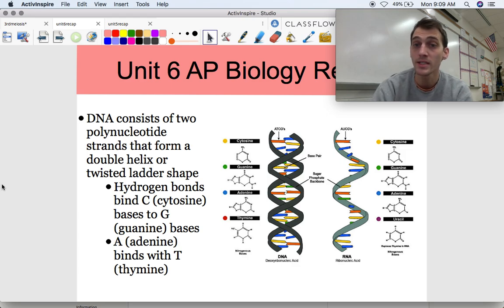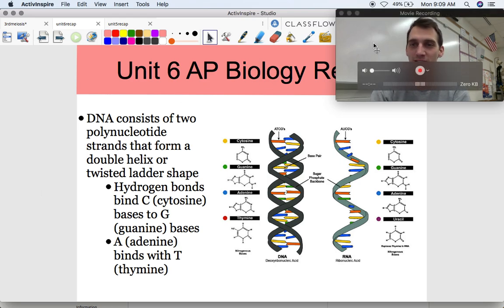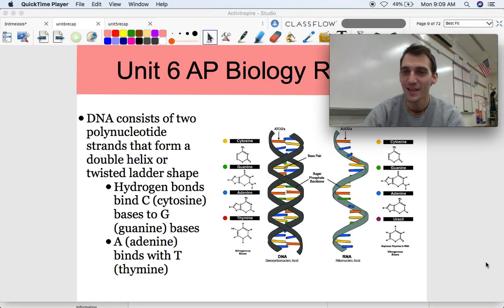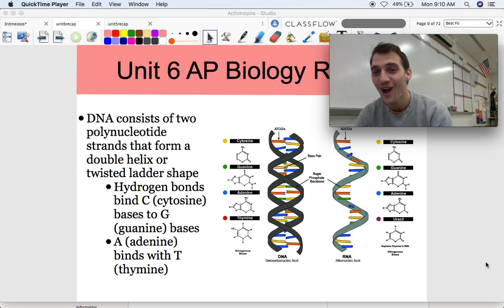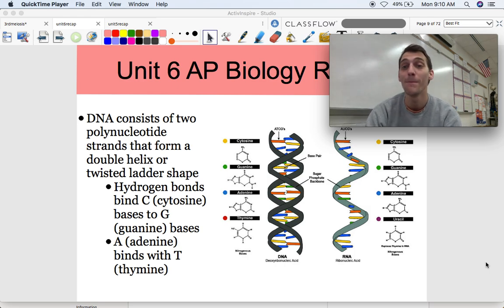RNA is very similar, except it's only 1 strand, as you can see in this picture here. But in a DNA molecule, hydrogen bonds bind cytosine to guanine, and they bind adenine to thymine. One of the things that all of my students remember in every single year of AP Biology is that the apple goes in the tree and the car goes in the garage. So if you remember that, you can remember your base pairing rules, your Chargaff's rules, that